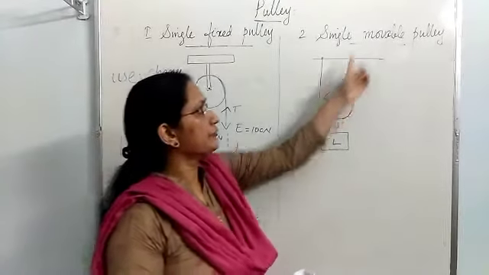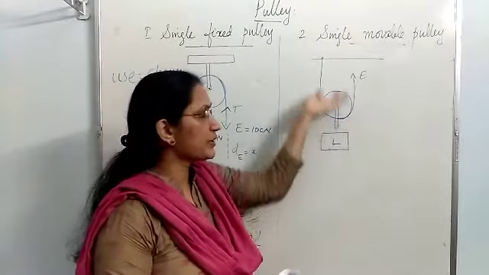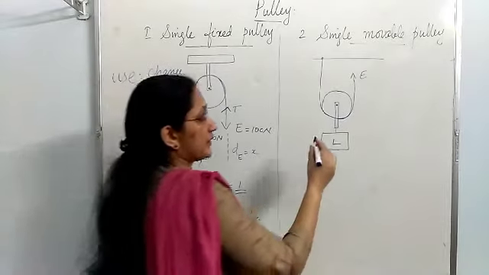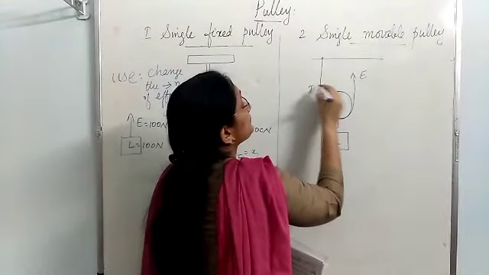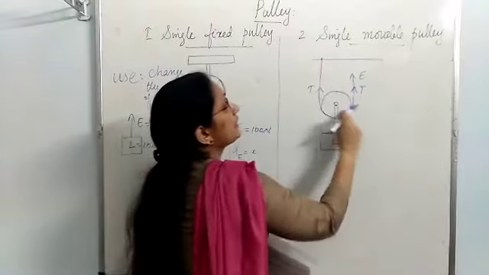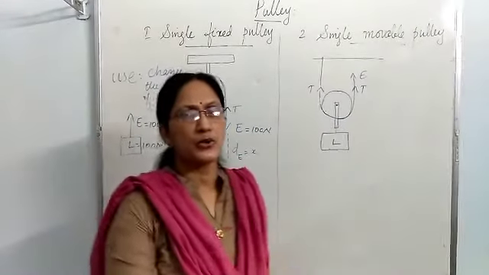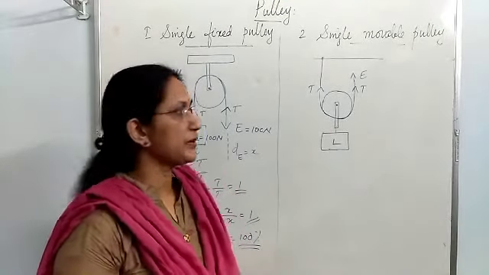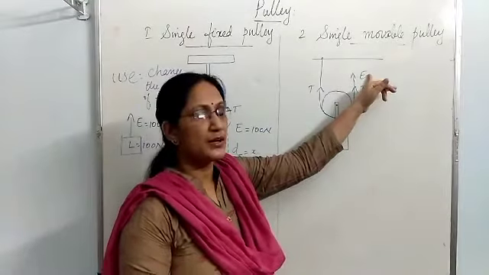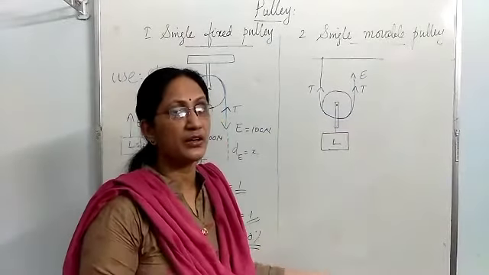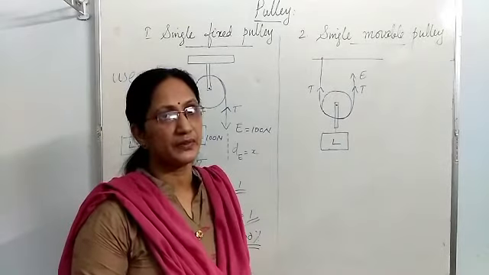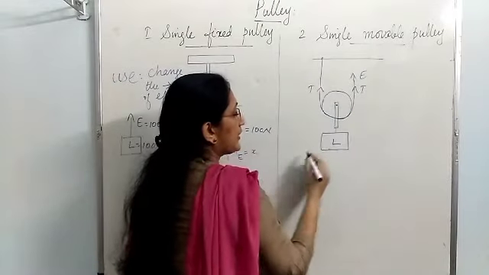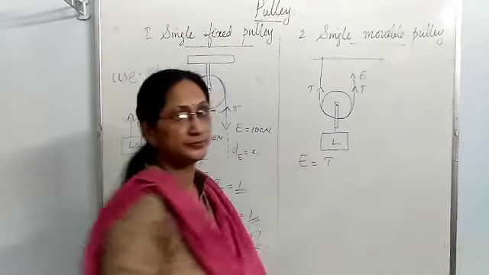When you apply the effort in upward direction, this load will be going upward. Then here let me mark the tension on the rope segment. This is the tension on the rope segment. Here also you assume the pulley system in equilibrium. That means in balanced position. Means you are applying some effort here so that this load is neither going down nor goes upward. That is balanced position. In balanced position, this E and T are equal in magnitude.